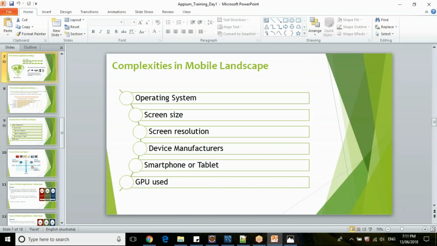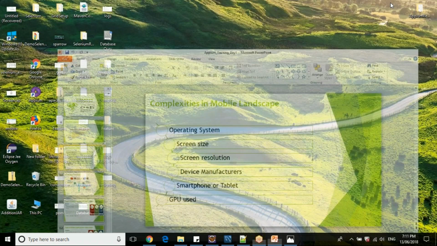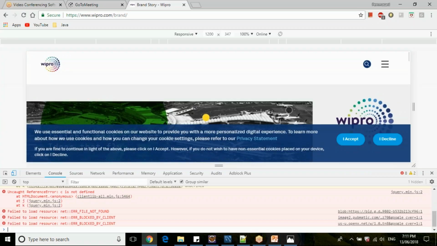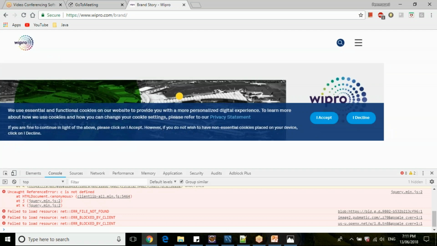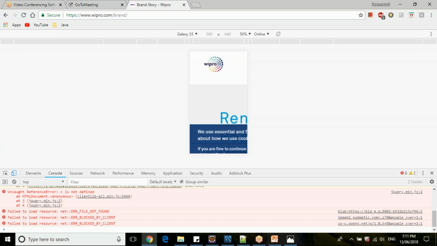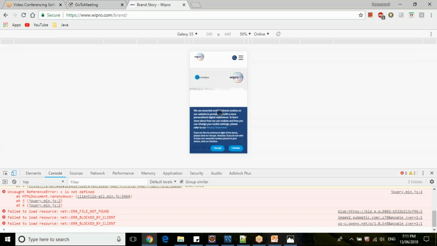And the screen resolution. So screen sizes and screen resolutions are completely different, guys. So you can compare your screen resolutions like this. Let me show you a simple example in Chrome browser. So let me select Nexus 5 as the device, or Samsung Galaxy S5. So when I load Galaxy S5, from this diagonal till this diagonal is how your resolution is calculated.